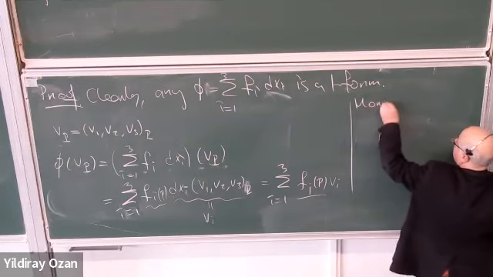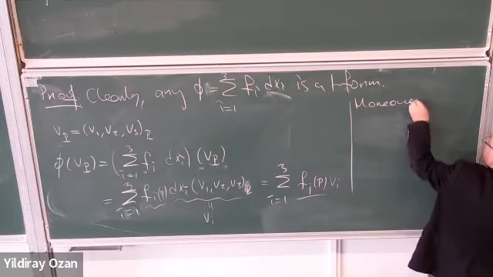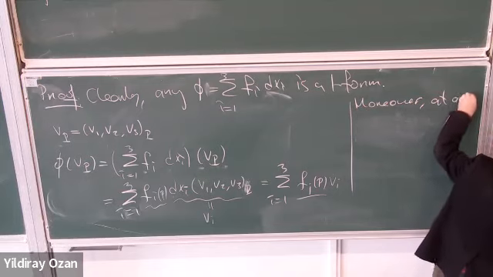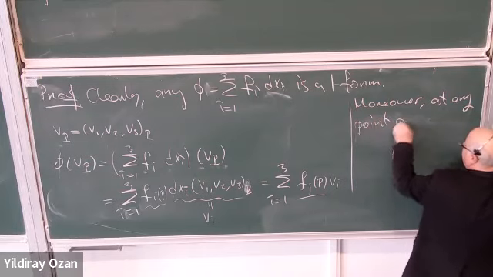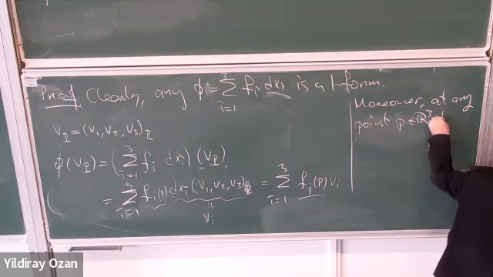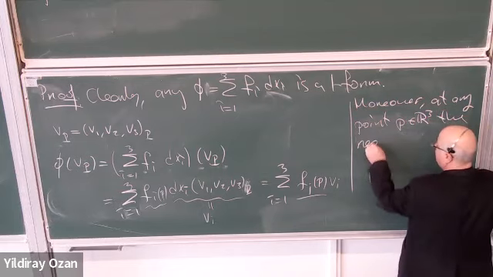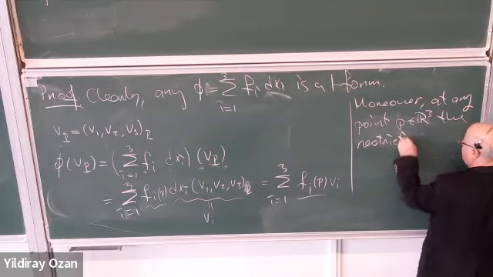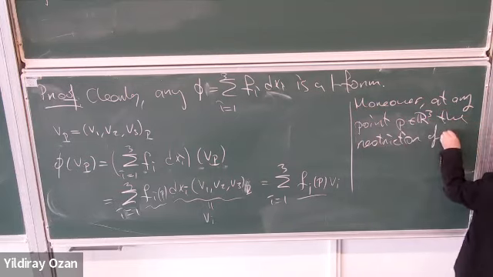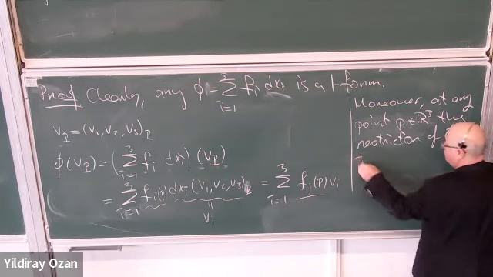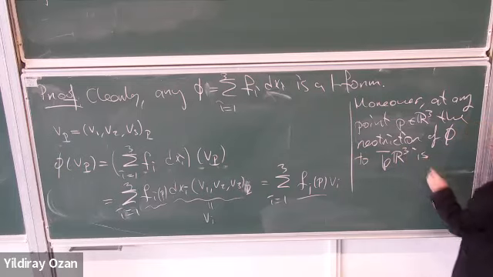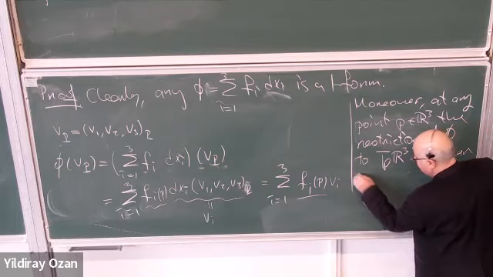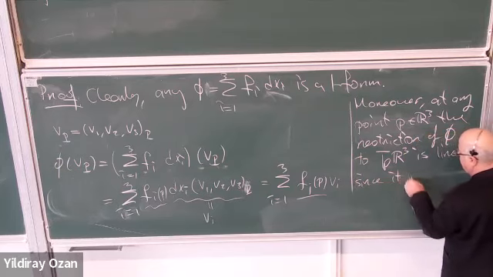Moreover, at any point P, the restriction of phi to TPR3 is linear,